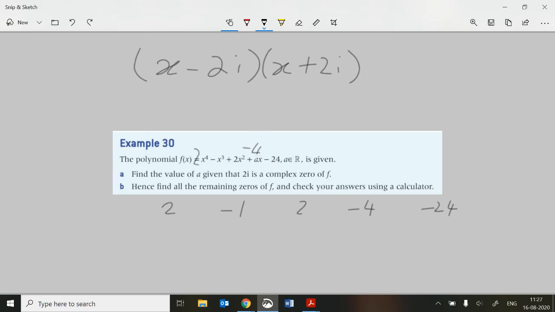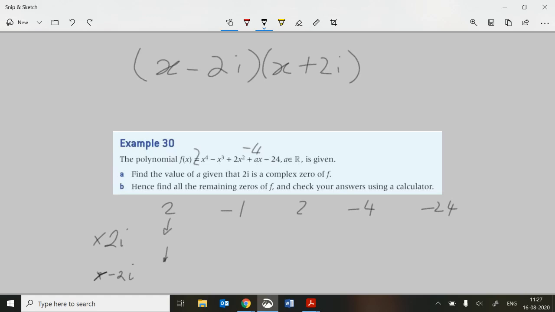We've done that for putting in 2i, the next thing to do would be to put in minus 2i, and again we'll bring that 2 down, and then whatever we're getting is our quotient here. Even if it's in terms of a, we can then substitute a in. Then we're going to do the same process again with minus 2i. And then, of course, you're going to end up with a quotient which is a quadratic,